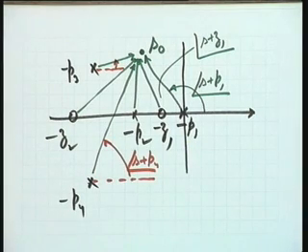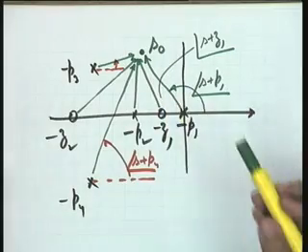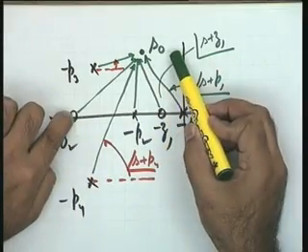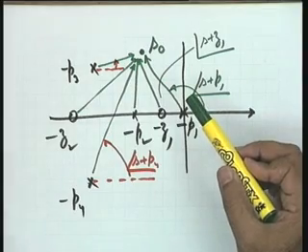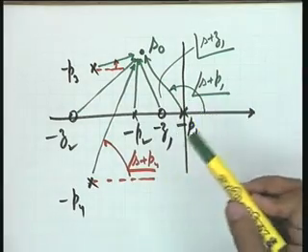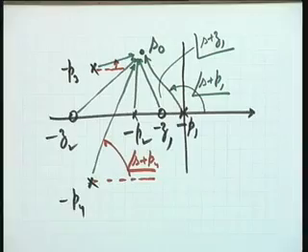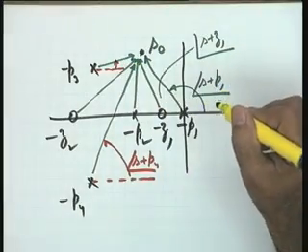This angle is φ plus P4, and here is an angle φ plus P3. So you see that you take all the poles and zeros of the function F(s) and draw the vectors to the point s0, the trial point, and with respect to these angles, now you check. You sum up all the angles contributed by zeros, sum up all the angles contributed by poles. The total angle contributed by zeros minus the total angle contributed by poles should be an odd multiple of minus 180 degrees. If it satisfies, then you are fortunate that you have got a trial point at the first trial itself which satisfies the angle criterion.